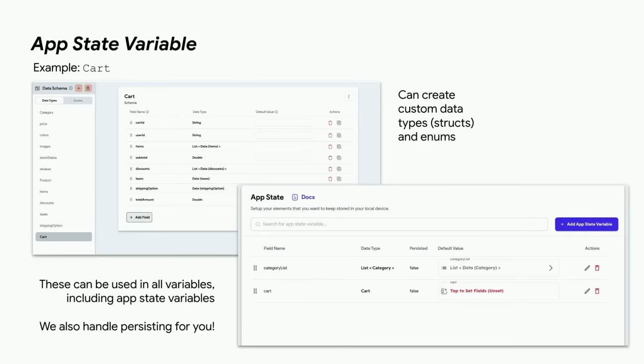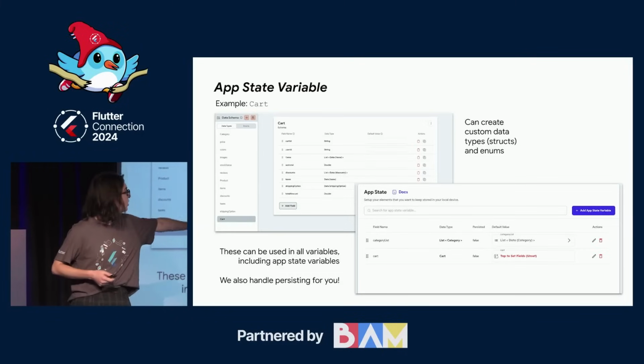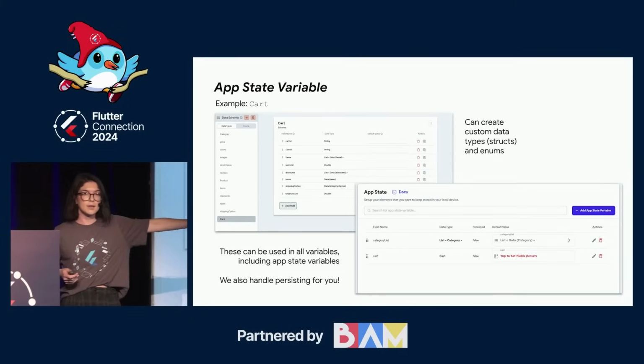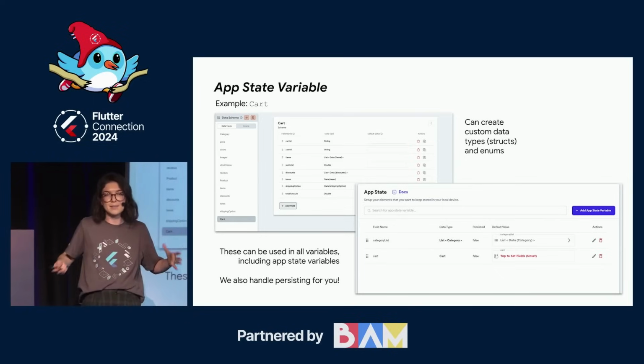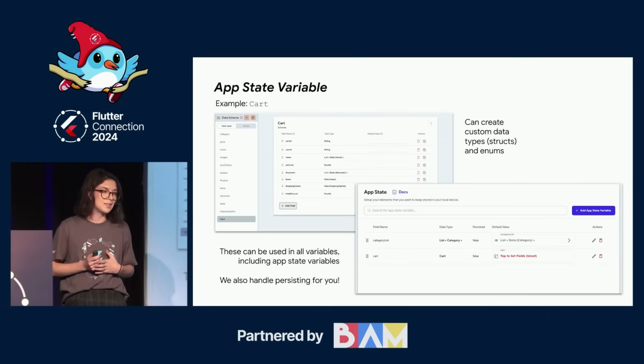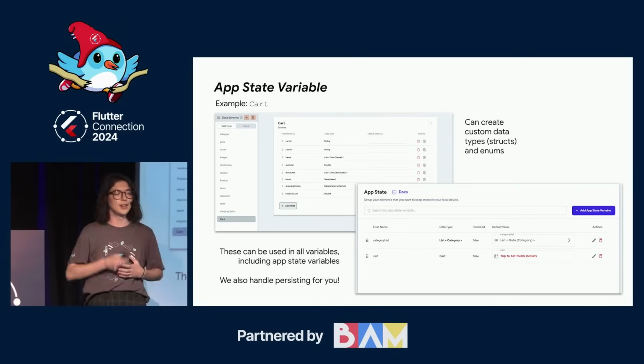Cool. So that was page and component states, but there's one other state variable that's app state. And this is when I want to share a variable across different pages, like cart, which I mentioned before. So the way I would do this in FlutterFlow is I want to create a cart state variable, which I can show here in that app state image down below. But I actually want this to be a custom data type, right? Because my cart has lots of different attributes, like the cart ID or the items that are in that cart.